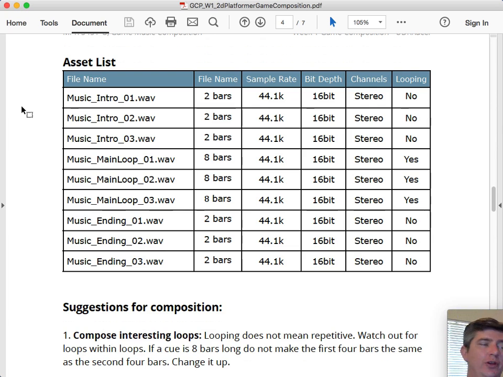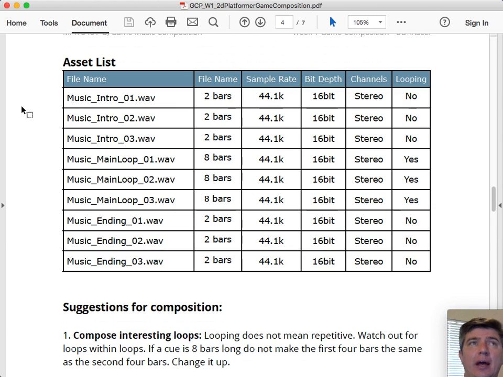I will deliver you these 100 sounds, or I will deliver you these 10 minutes or 30 minutes or 2 hours worth of music, and you will pay me X amount of money. And whether it's by milestone or by project, an asset list will allow you to nail down exactly the files that are expected from the client.